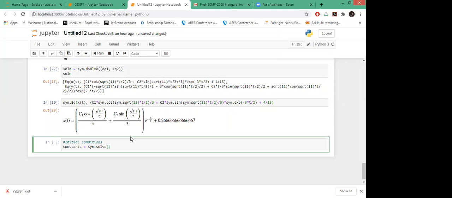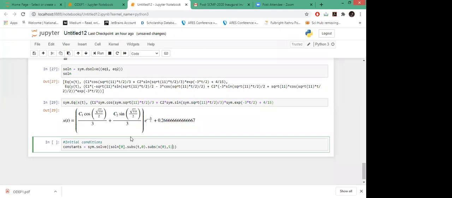So how will I substitute? Let's see what the syntax is. In sympy.solve I'll find the solution. I'll access solution 0 and substitute, but I want to substitute t with 0. Then again I will use the substitute function for x of 0 with 5.